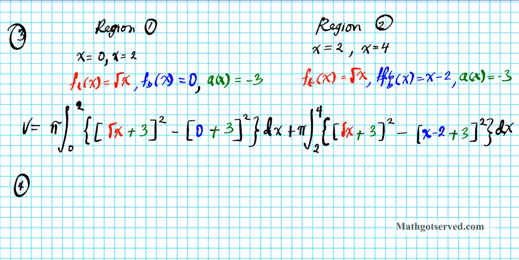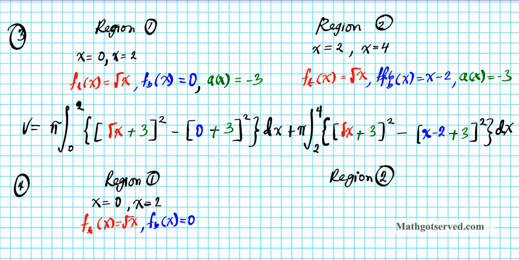So for number 4, let's go ahead and determine what's in each region. So for region 1, and then for region 2. For region 1, limits of integration remain the same: x equals 0 to x equals 2. Function on the top, in terms of x, is equal to root x, like number 3. Function on the bottom is equal to 0, just like number 3. Axis of rotation is now 4. That's what's different. And then for region 2, limits of integration is from 2 to 4,